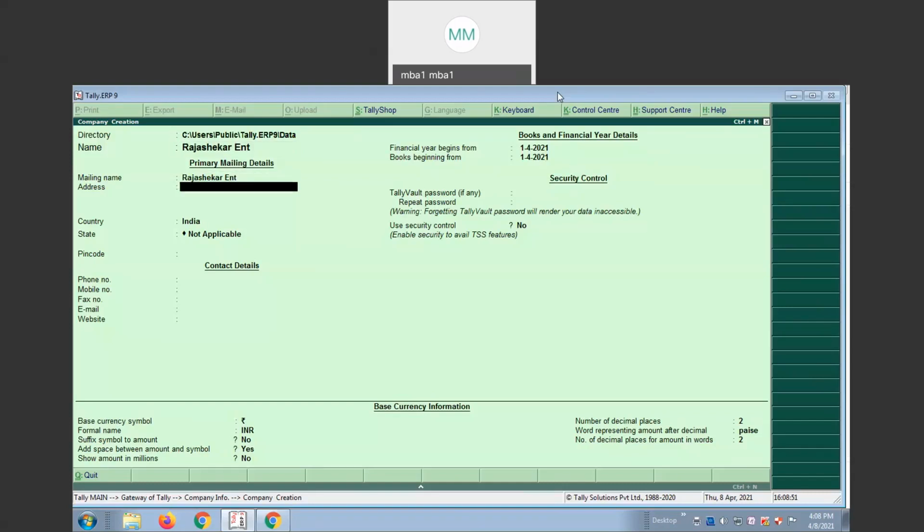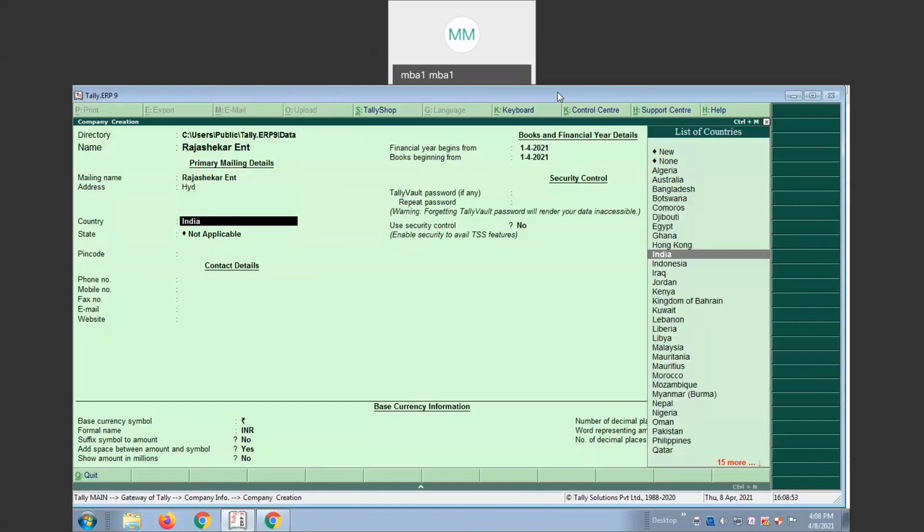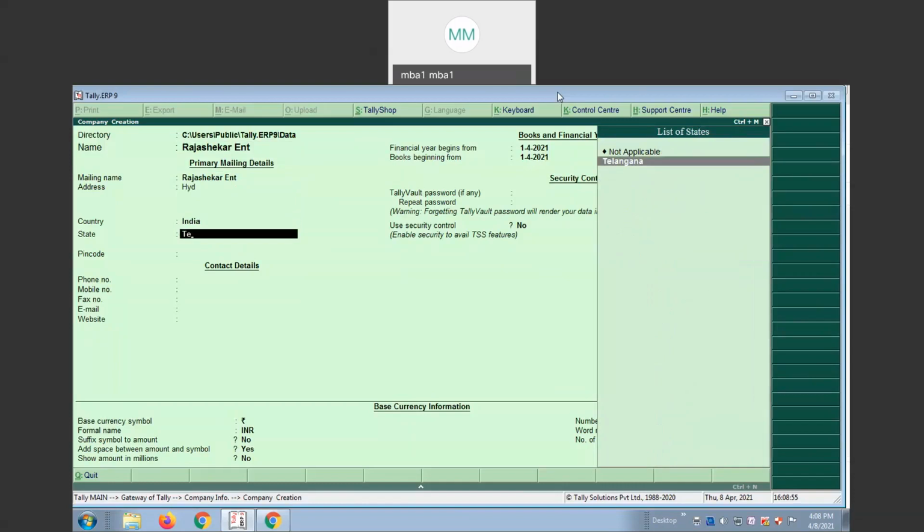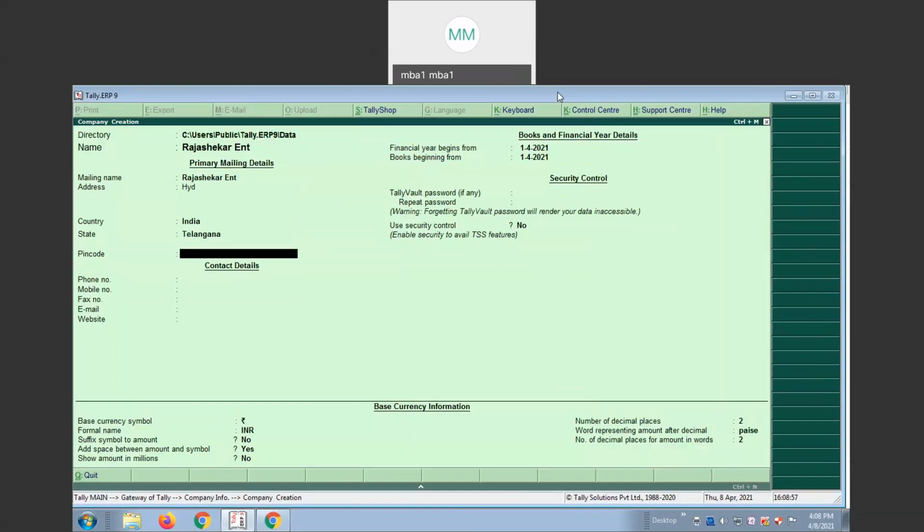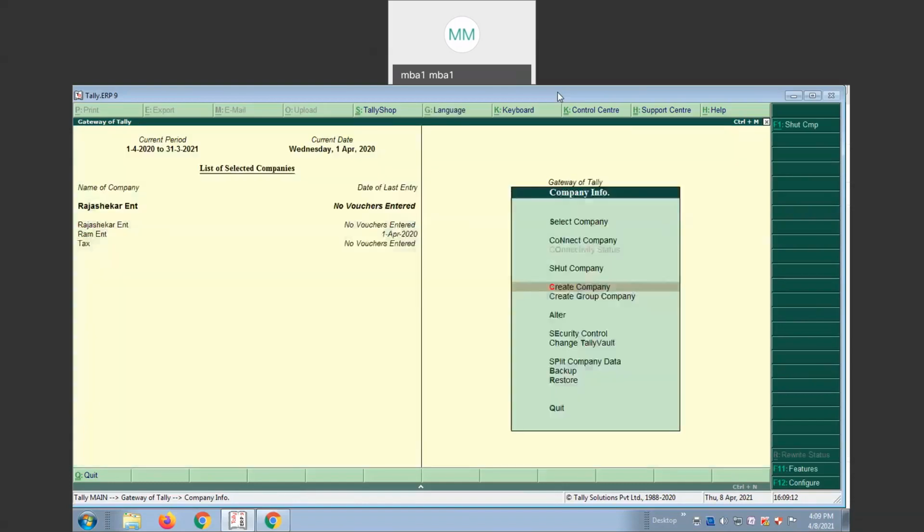Address Hyderabad. It's mandatory to select the state because it is VAT, right? 501-301 I'm giving. And all of you need to change the date to 1/4/2020. If you get any errors, because it is an education version, you need to change that.